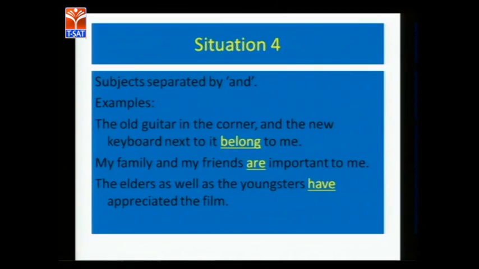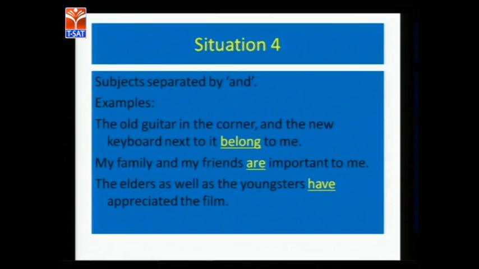All right? So let's look at the example with family now. Okay? My family and my friends are important to me. Confusing, isn't it? I just said family has to be used in singular, but now I'm showing you a sentence that has are, which is a plural verb. Why? Yes, because I'm not just talking about my family. I'm talking about my family and my friends. So they become two entities. So they are plural. My family and my friends are important to me. Both are important to me. So that is how you can avoid the confusion.